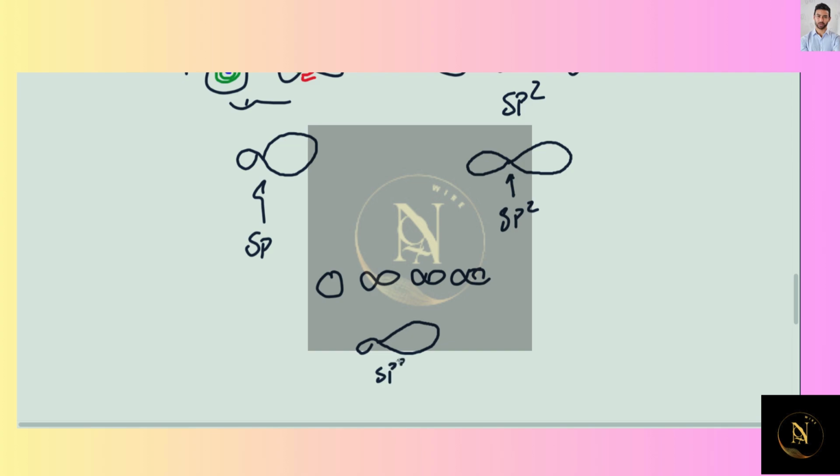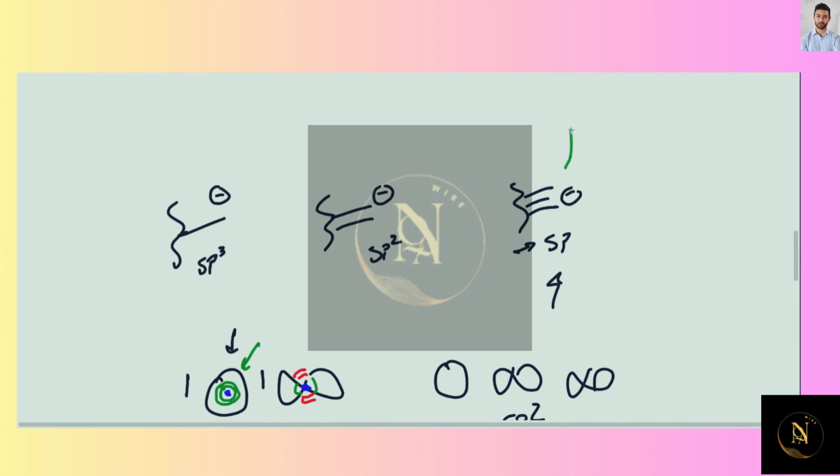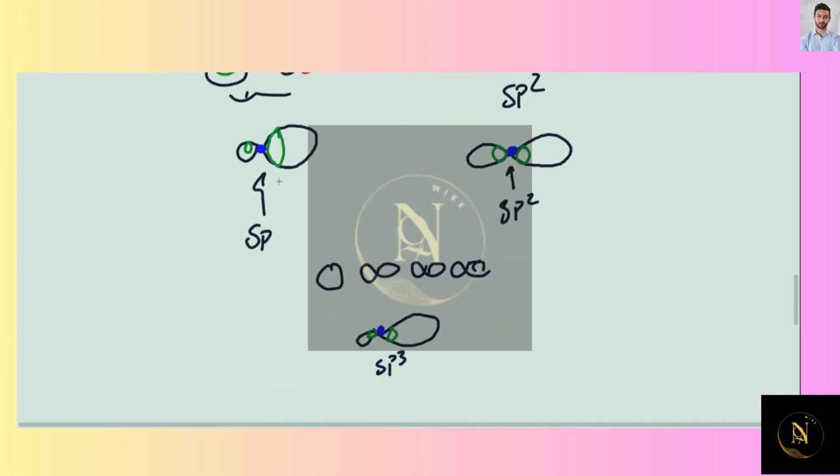right? So remember, in each case, the nucleus is like right there, the nucleus is right there, the nucleus is right there, and the sp orbital has more density closer than the sp2 or the sp3. And it's a negative charge, right? We're talking about dealing with a lone pair, and that lone pair would rather hang out closer to the nucleus than